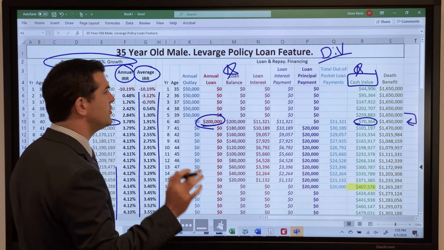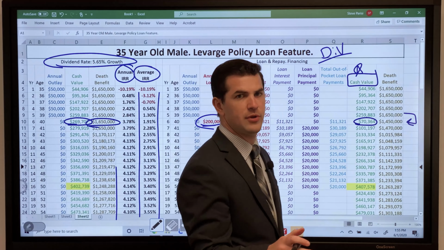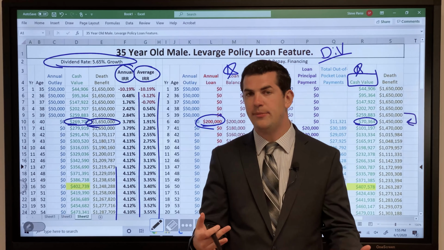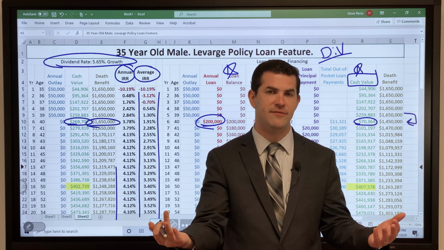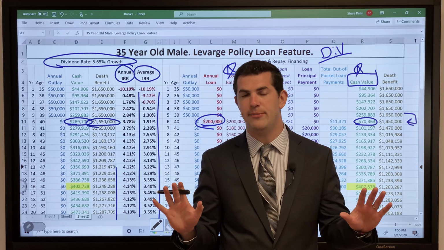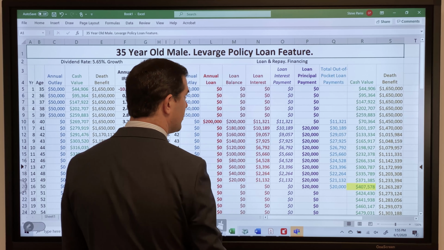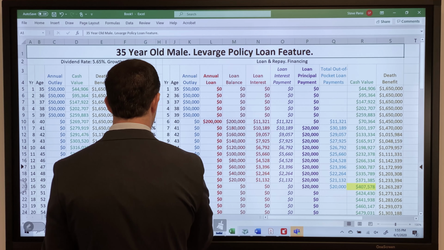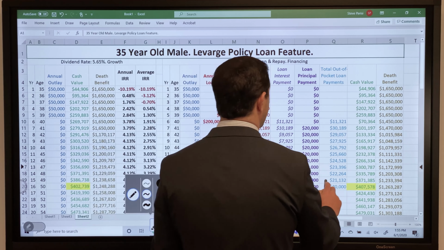Dollar for dollar, $200,000. So really what the insurance company collateralizes is the death benefit. Remember, as a life insurance company, what is their first and foremost obligation? Pay life insurance claims. If we die with a loan outstanding, that means they're on the hook for that much less. Okay, so here we borrowed out that 200K, and in this example, what we illustrated here was repaying the